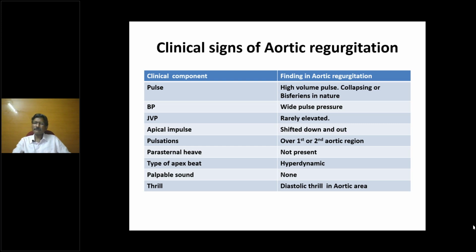Now, what will be the peripheral resistance to begin with? How will the vessels react when large amount of blood comes into the aorta? How will the blood vessels react when large amount of blood comes into the aorta? Initially, how will it react? I'm talking about the peripheral resistance. Initially, to begin with.